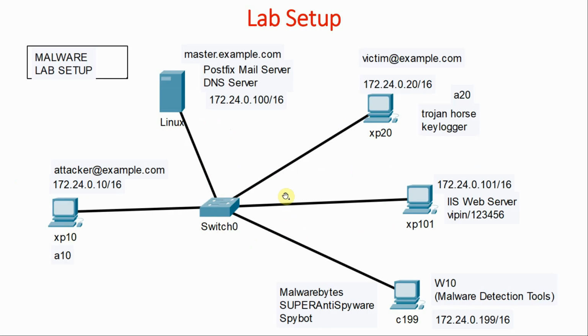So in our case, we will be using a lab in which 5 systems will be involved. One of the systems will be the attacker's, meaning the hacker will be using one system which will have the address 172.24.0.10, and the hacker will have the email address attacker@example.com. Then we will take one victim system which will have the address 172.24.0.20, and the email address of the victim is going to be